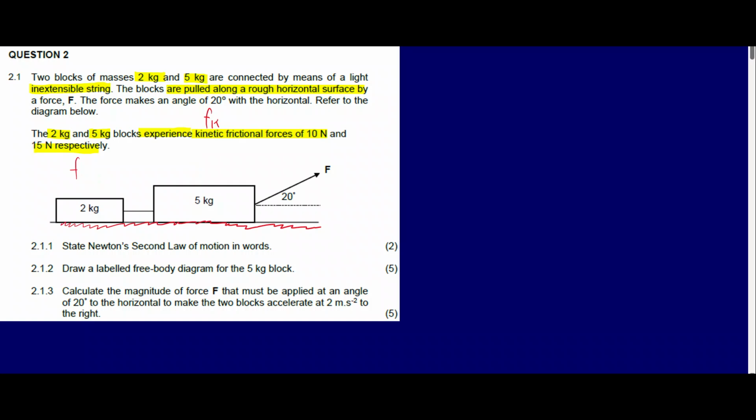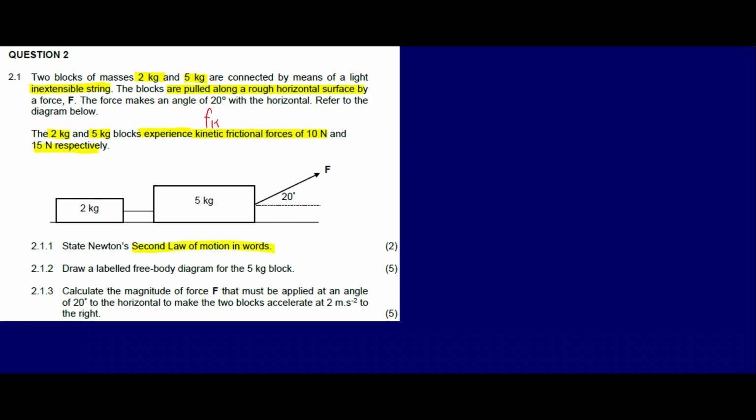So I want us to take a look at this diagram. This is a horizontal surface, right? Having a horizontal surface means that we can deal with the situation much more easily without having to stress about an incline, like if maybe we had an incline. So let's draw the free body diagrams for both situations. But for now, I just want us to quickly take a look at how to state Newton's second law of